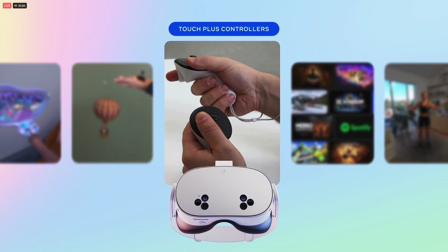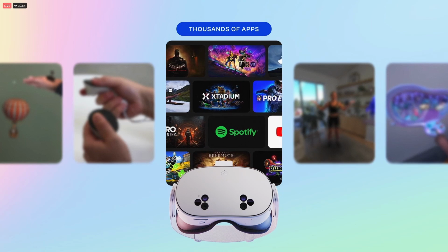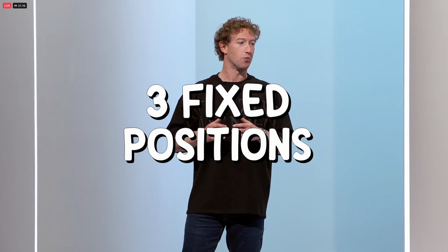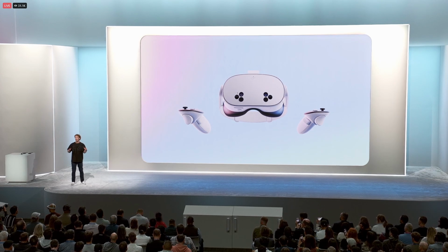And here's something that I'm kind of upset about. This headset does not have a manual IPD adjustment. And it's like the Quest 2 where it has those 3 fixed positions that you can choose from. I don't know why it has to be like this where we can only choose 3 positions and not just have a manual IPD adjustment. I feel like that's one thing that this headset just missed, which is kind of a bummer,